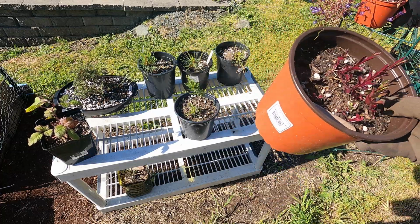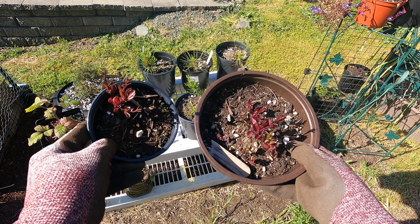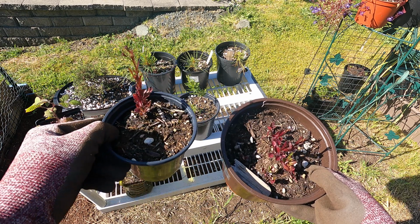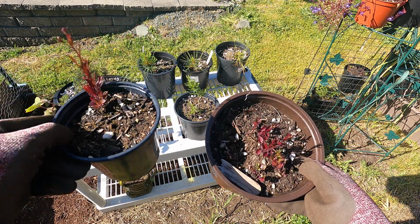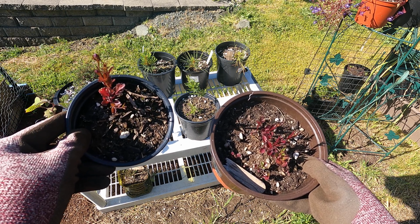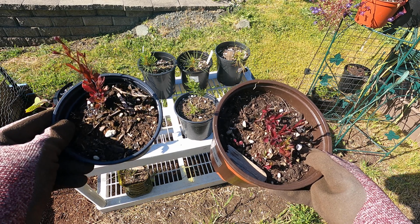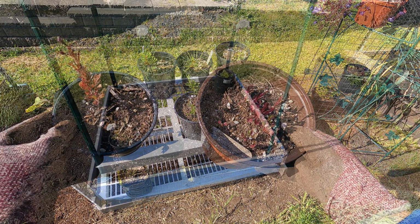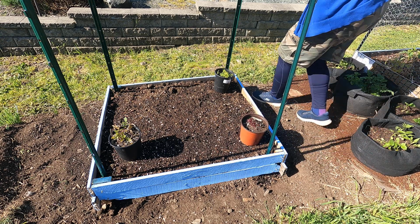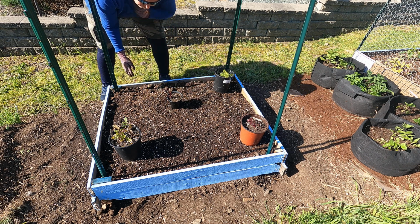Here's some interesting prospects. I don't remember what these are. I have no idea what these could be, but they're red. They're interesting. I think I'll plant them. At least one. That'd be great. See how they get on. See what they are. All right. One here. One here. I'll just pop these into their new...